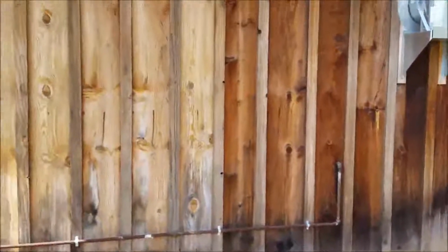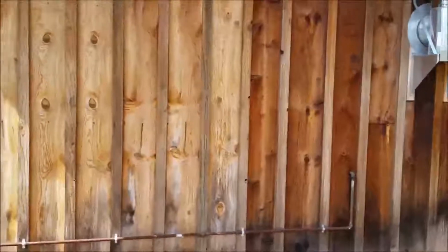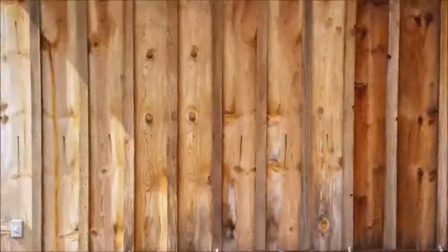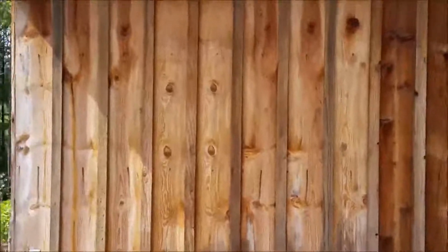If it was going to turn left to itself. It's supposed to look like the natural aging process. Manufactured old. My wife knows how to do manufactured old. And depending on how you mix it,